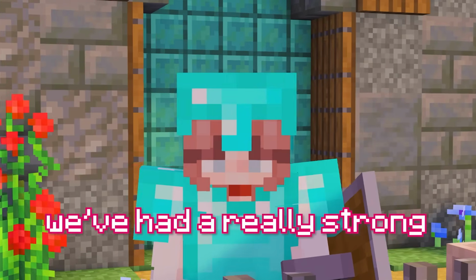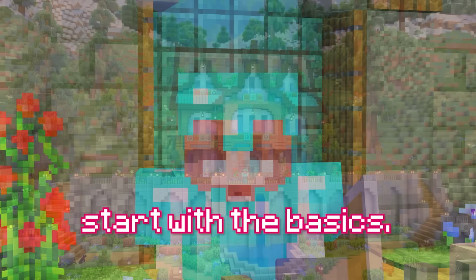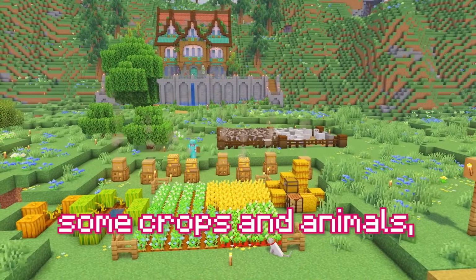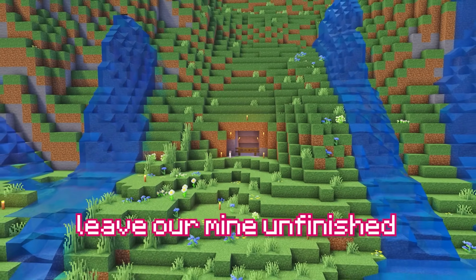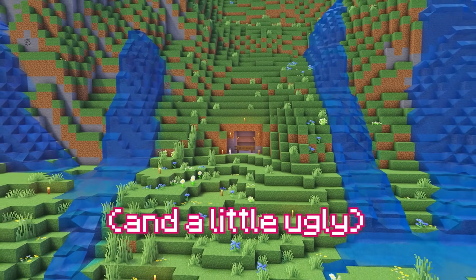So far in this world, we've had a really strong start with the basics. We've got a cozy house, some crops and animals, and even an enchanting table. But last time we did kind of leave our mine unfinished and a little ugly, and today I want to